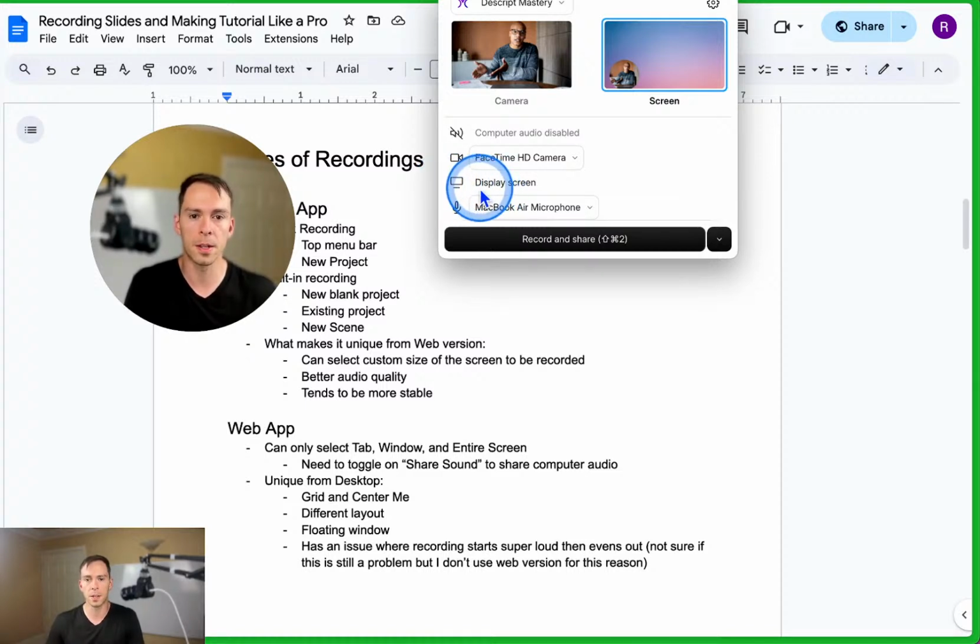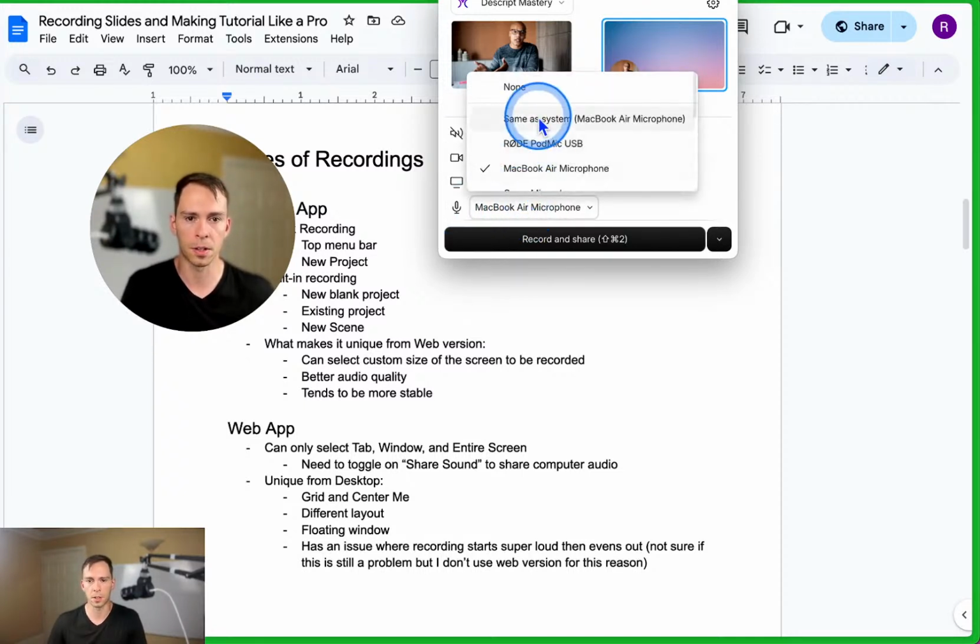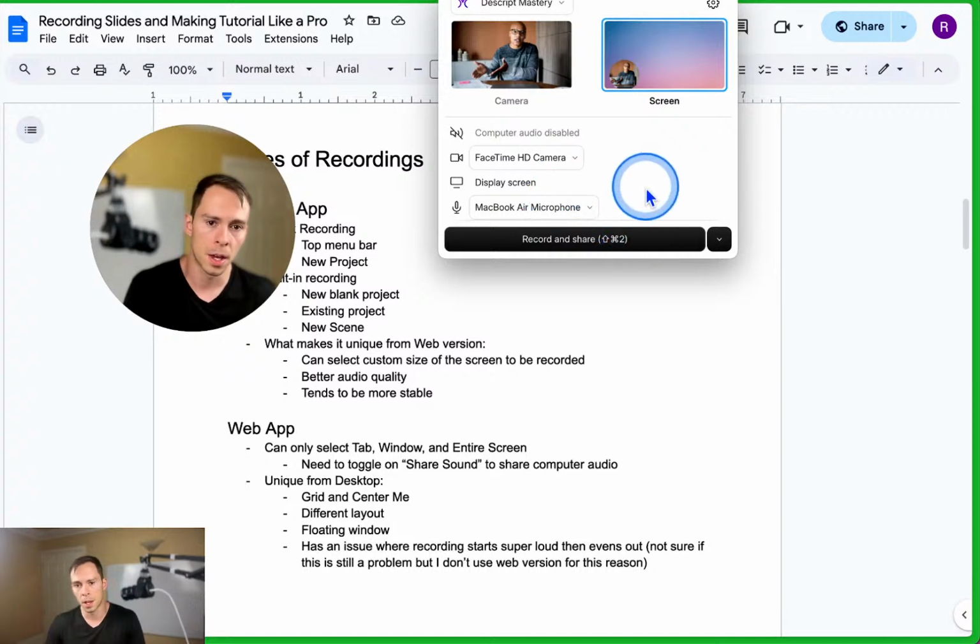The next one is displaying your screen. And I'll show you how that works once we actually start this recorder. But then the last one is your microphone, and you can select any microphone there. Okay, so,